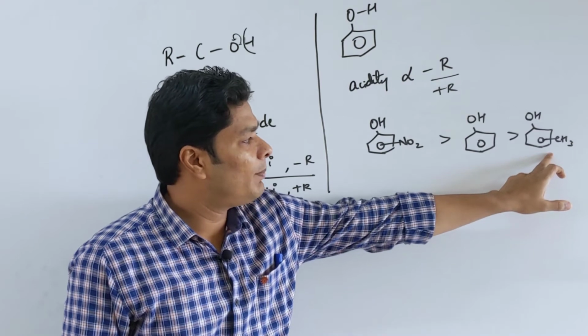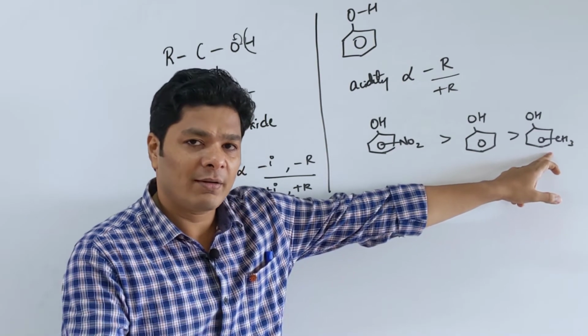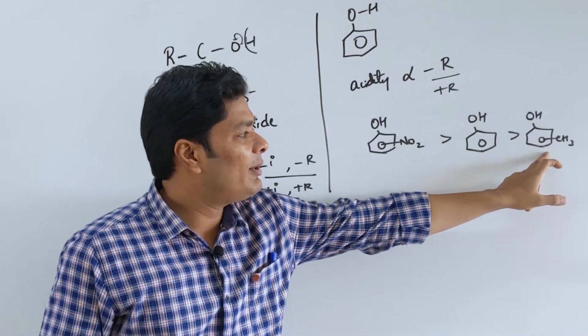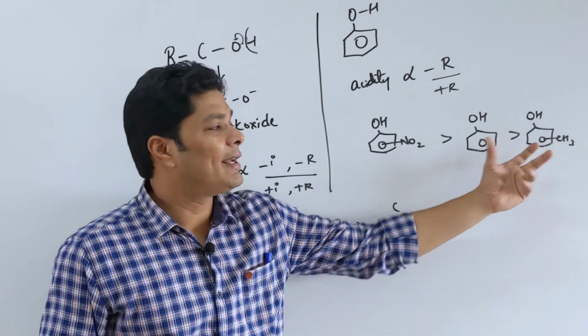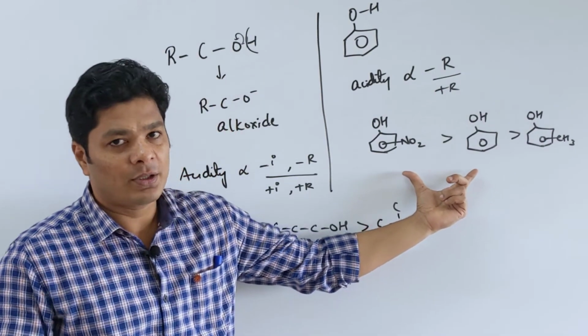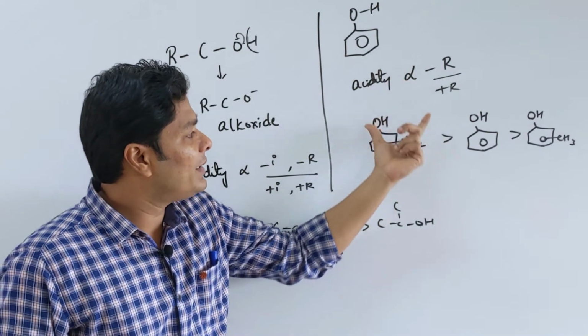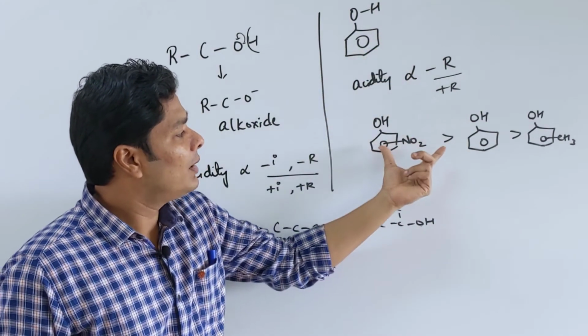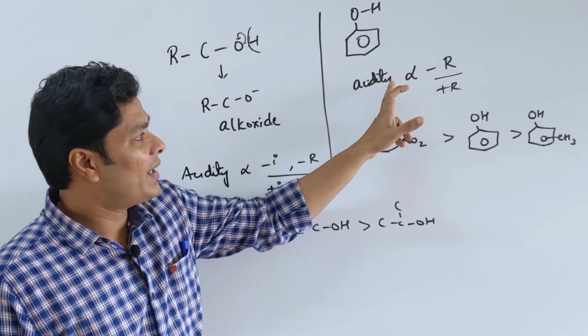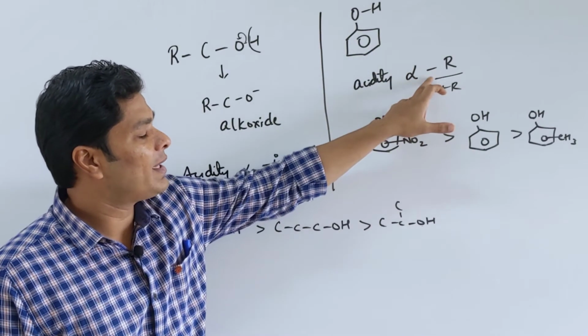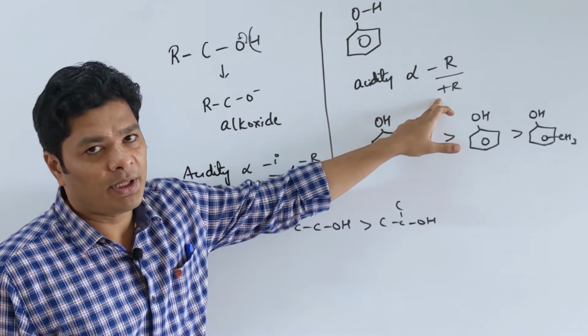Similarly, we can say here CH3 is something that is going to give electrons. So accordingly we can label each of the ortho, meta and para cresols by acidity. I don't want to spend too much time here, that is altogether a different lecture, but at least know that a phenol's acidity is affected by the group attached to the ring, either minus R or plus R. You want to remember that.